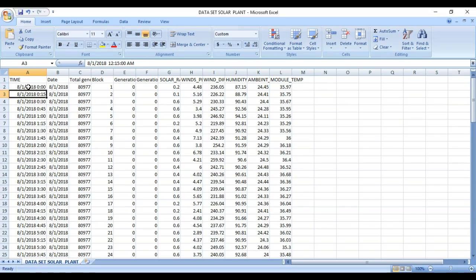See here, 8/1/2018, 12:15 a.m. Then the date, the same date should be printed. We have to check this date and this date should be the same. If it varies, that is a missing value.